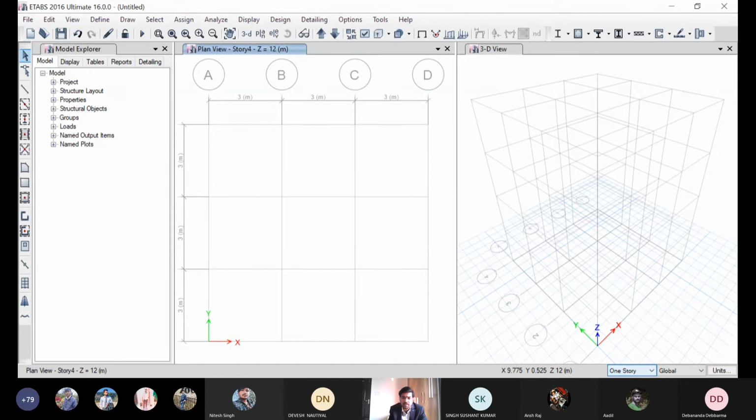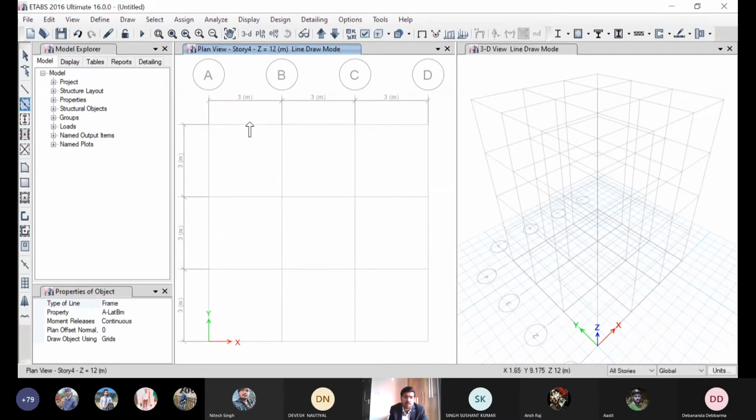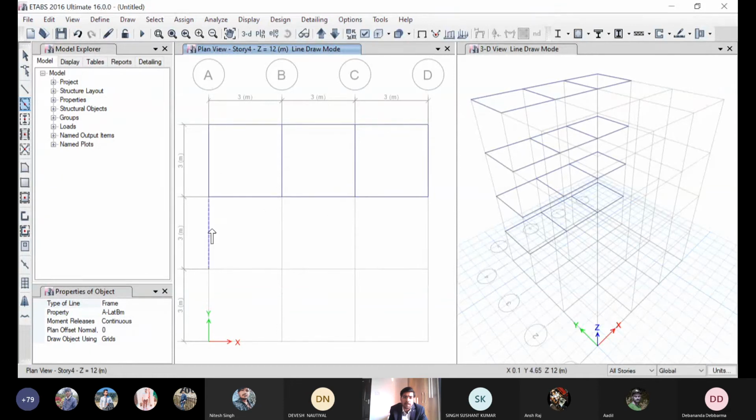This is one story. I was building this structure on one story. Now let's select all stories and see what happens. We can go for quick draw because we have already drawn the beams. Beams are now being made at all the floors together.